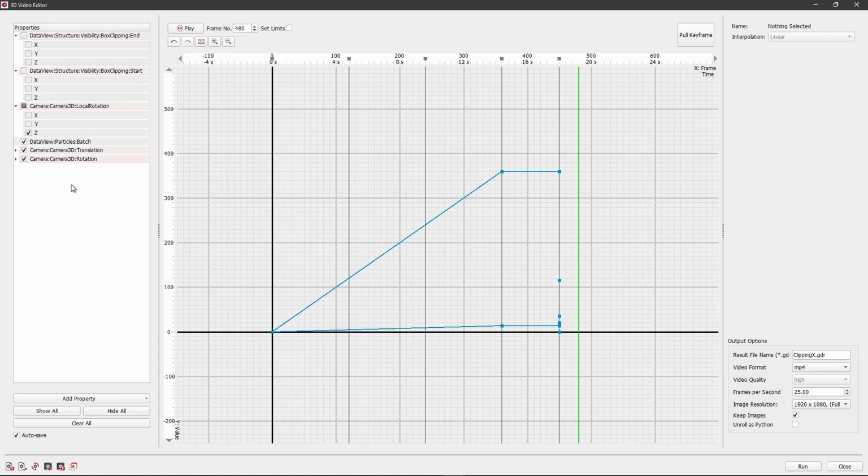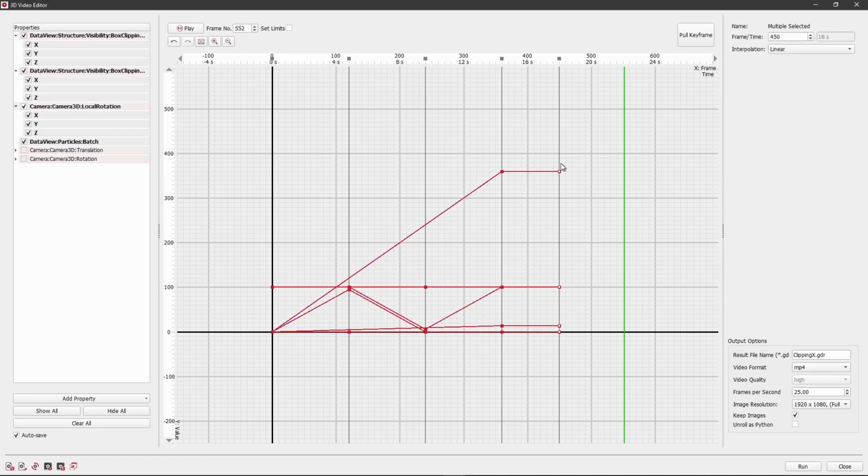We hide the newly added rotation and translation parameters. If other parameters except rotation and translation are hidden, we unhide them to make sure we can select them. We use the box selection to select all other remaining control points of the new keyframe. With a right click on one of the selected control points, we select Remove Points.